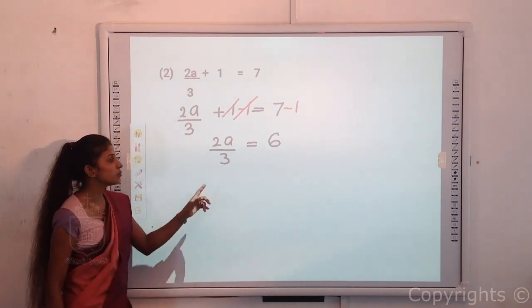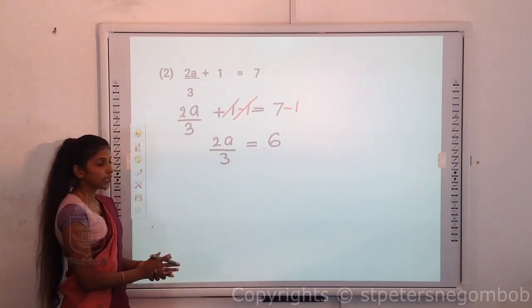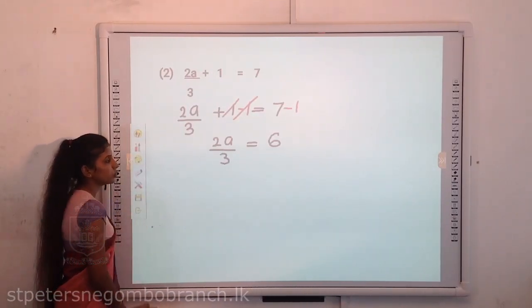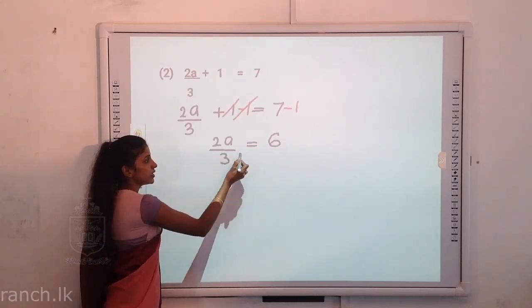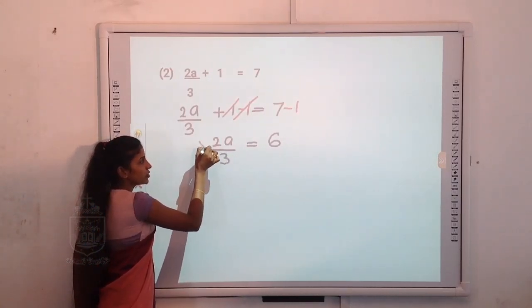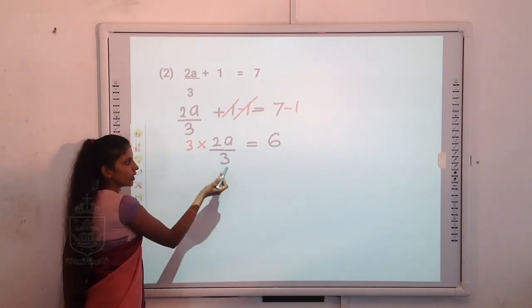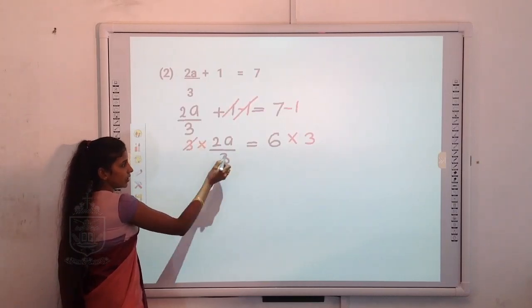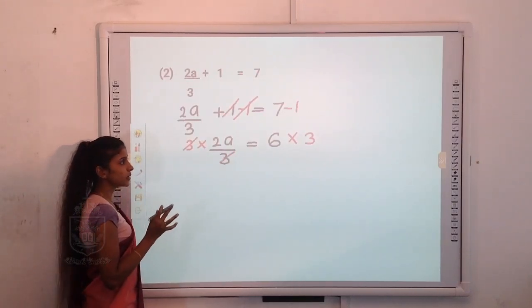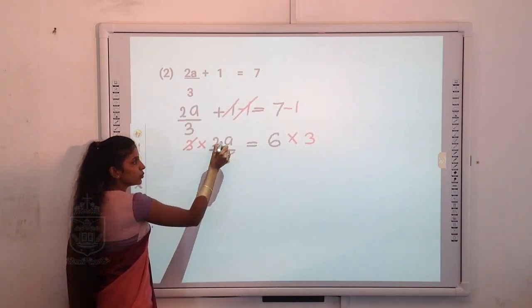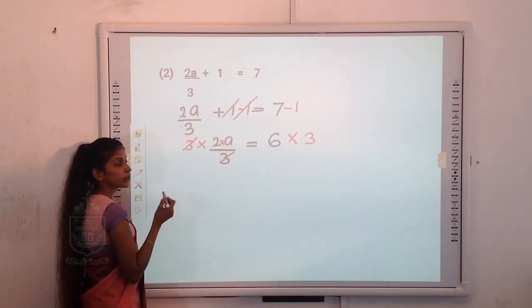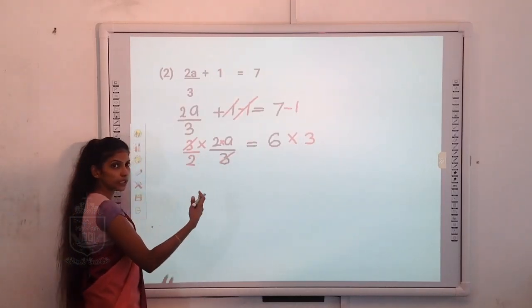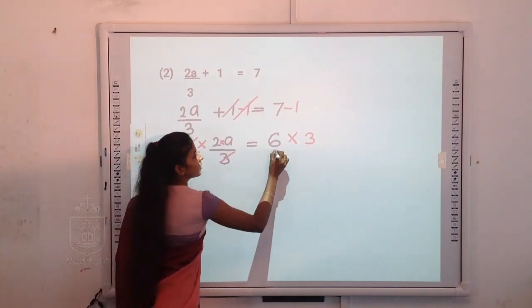So our next step is to remove 3 and 2. We can do it at once or we can do it stepwise as well. I'll show you how we can do it at once. 3 is divided, so the opposite of division is multiplication. In the same manner, we have to do the same change for the other side. So you all can see 3 will cancel. How to cancel 2? 2 is multiplied here, so in order to remove 2, you can divide by 2. Even though you can do it in 2 steps, I am going to do it in 1 step here.